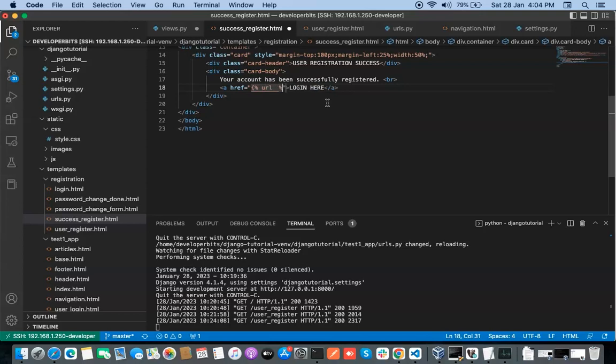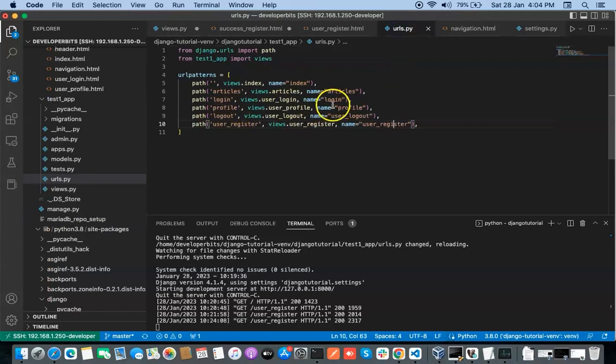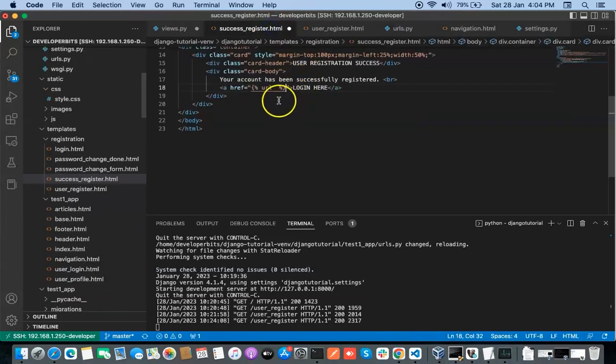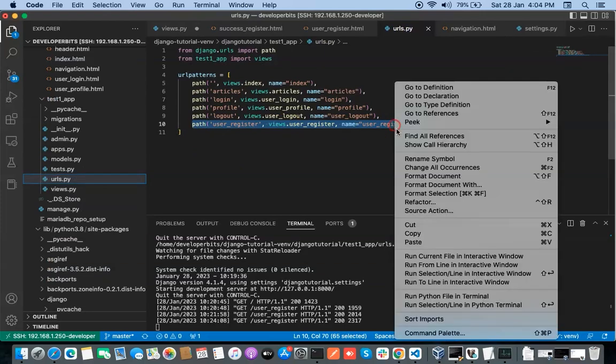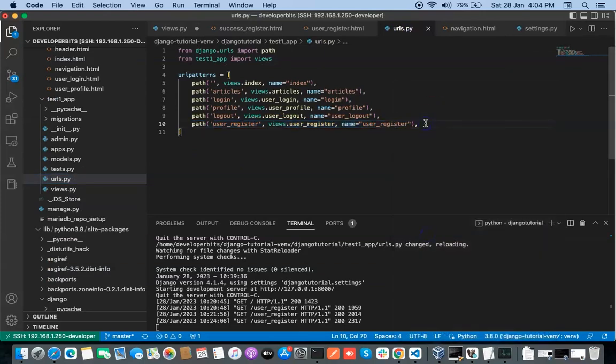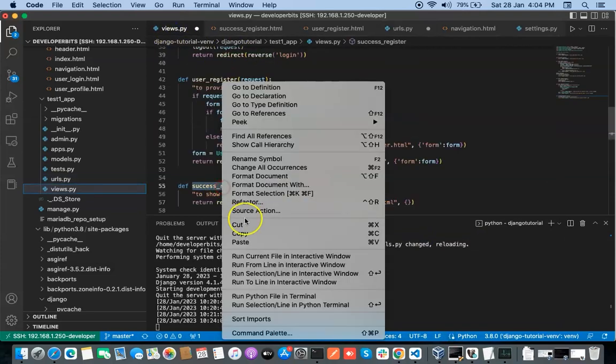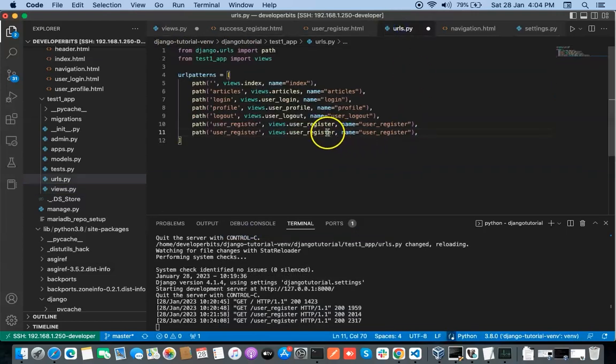We should know the name of our login URL. The name of the login URL is login. So just put the name here, and our success page is ready now, and we need to create a URL for the success page. Just copy and paste it here,